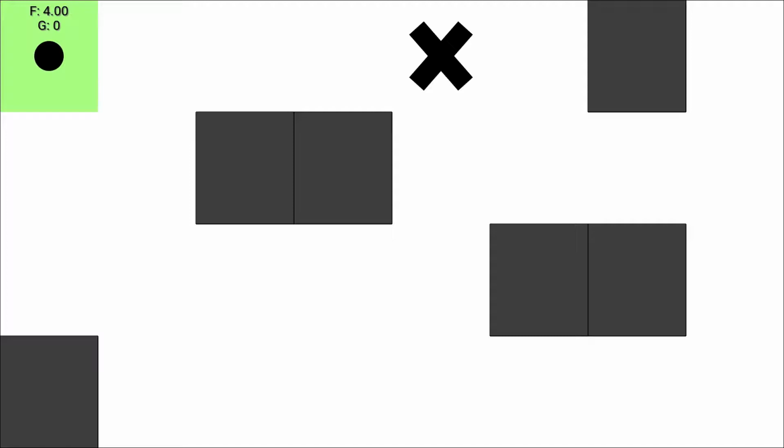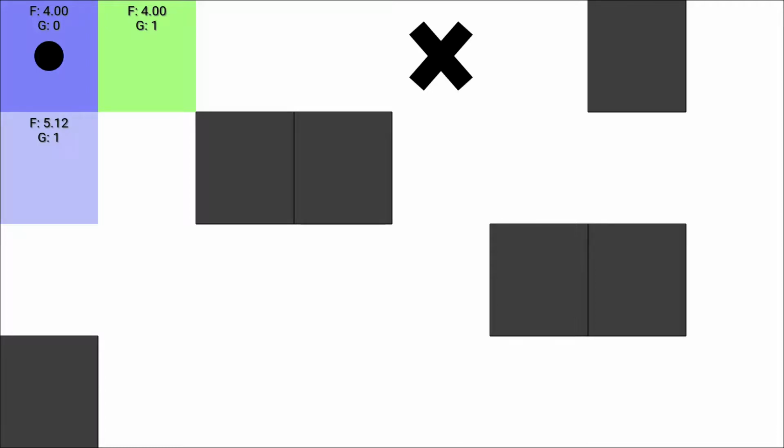Now, if you remember the pseudocode, we choose the open node with the lowest f-score, which in this case is the top left, since it's the only one. And then we expand out every node that connects to that one. In this case, since we're only allowing left, right, and up, down walking, we expand out the nodes below and to the right. You can see that the g-score for each of these nodes is 1, since it took 1